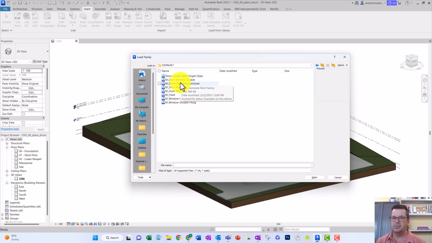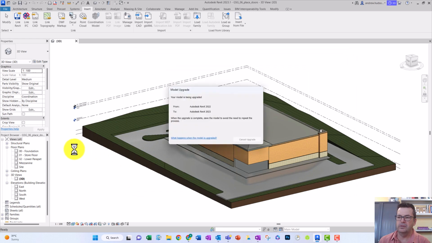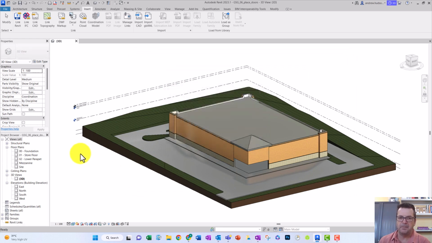So we need, as per the instructions, the door exterior, the overhead, and I'm just holding down the shift key, the passage doors, and that is it. There should be 4. 1, 2, 3, 4. And we're going to go Open. And it's going to import those files into our libraries. Once we've done all that,